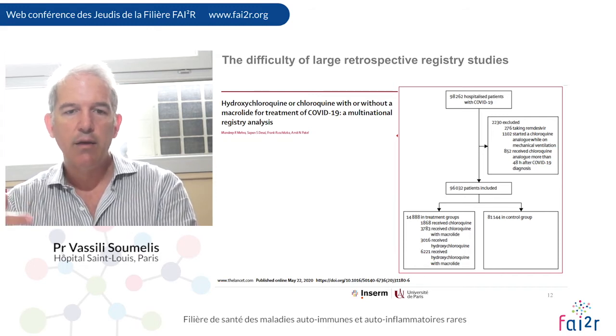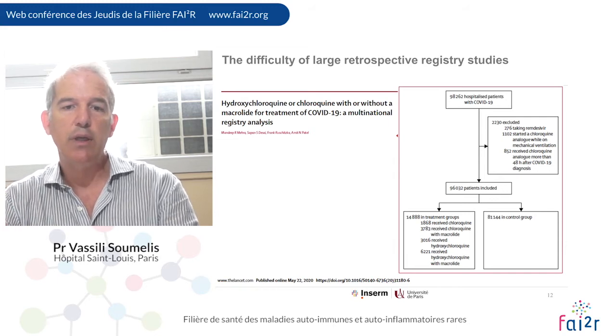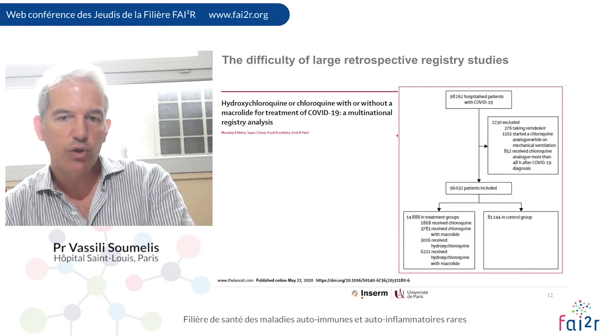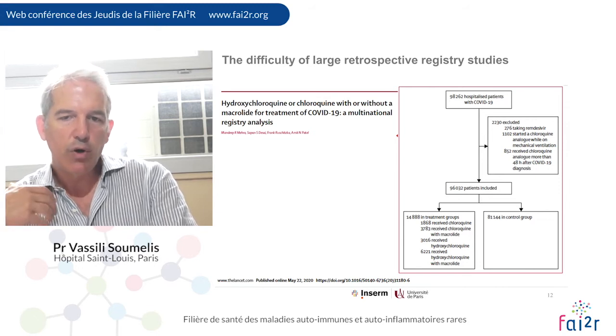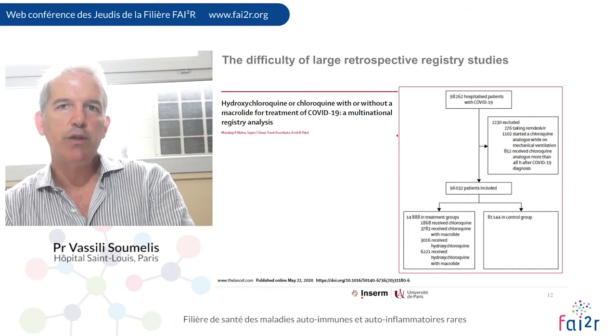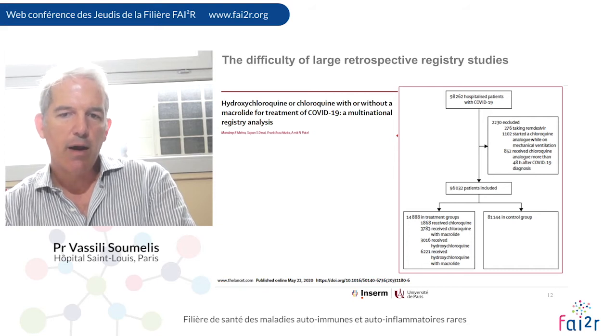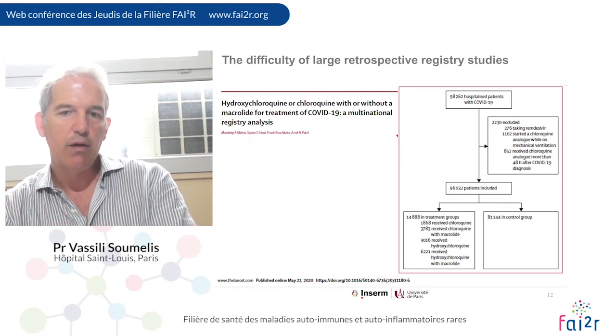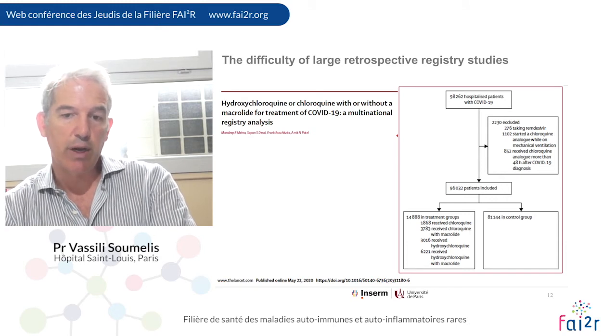So why that? What were some problems in this study? Well, first you see the ambition of the study is huge, basically analyzing 98,262 patient files. So it's a huge number, which makes you think, okay, maybe we will learn a lot from those patient files, but there will be difficulties in addressing biases and heterogeneity in the patient populations and records.